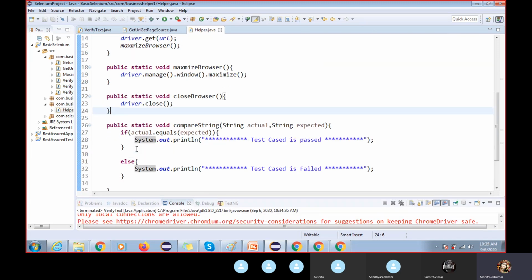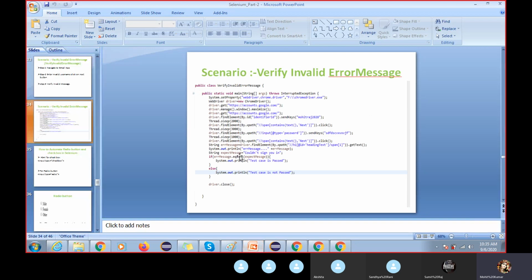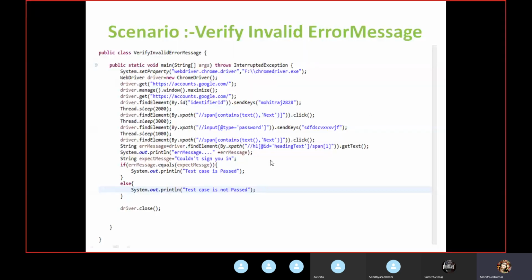So what we can do, as per our test requirement, is create a reusable method, and if you add in your profile that I have developed some helper class reusable methods, they will give you, as 4 to 5 years of experience, you should know all these things. I told you, we are not learning as a fresher, we are learning as an experienced person, with a minimum of 4 to 5 years as an automation test engineer.